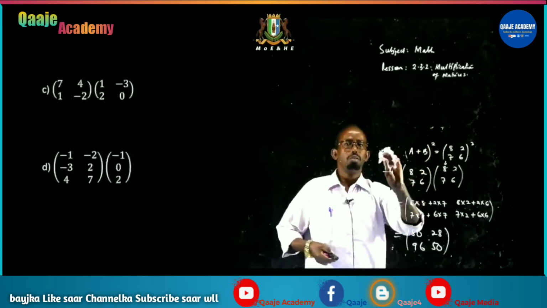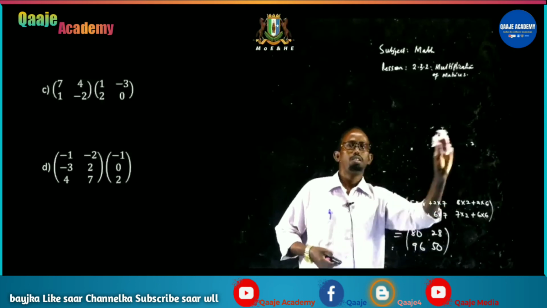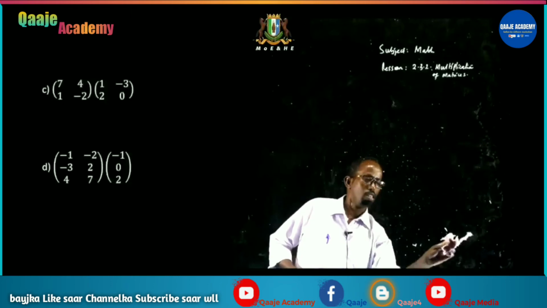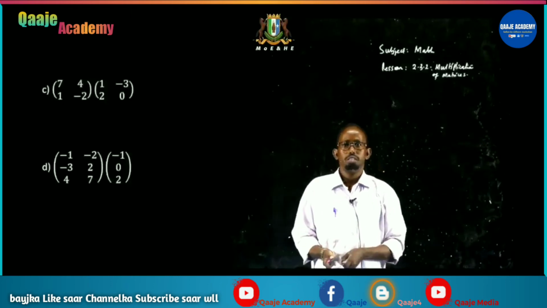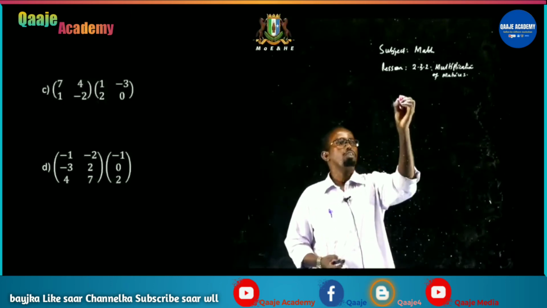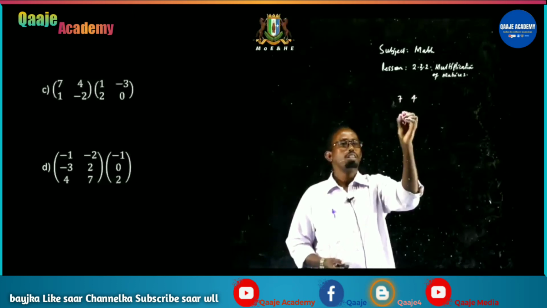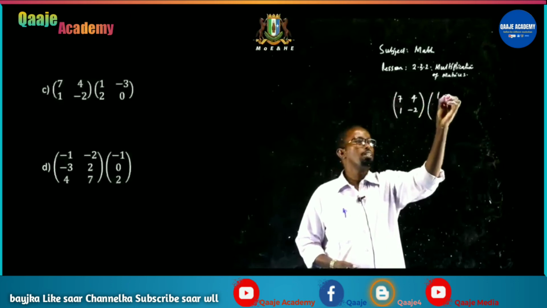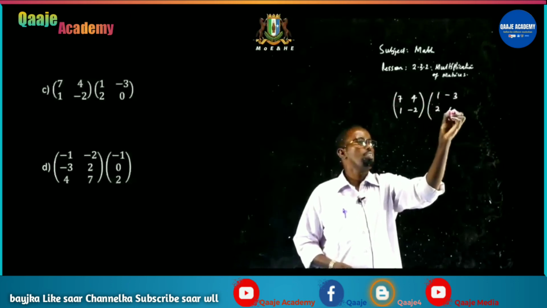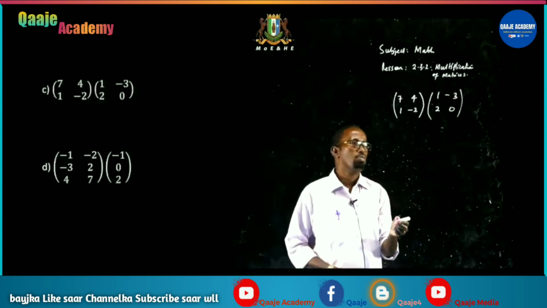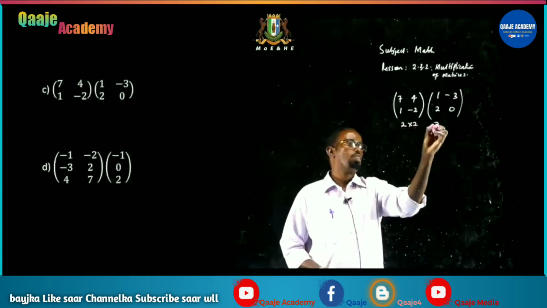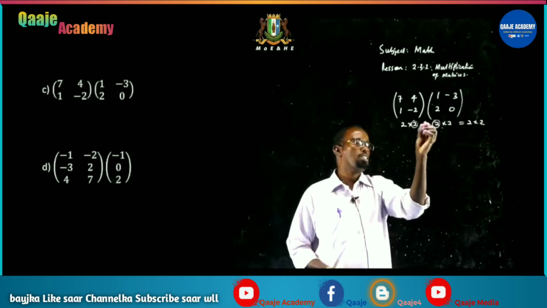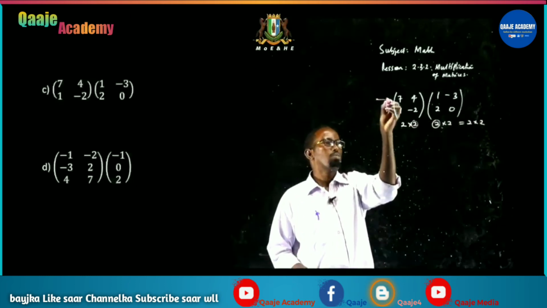The next example, C. You're told to multiply 7 4, 1 minus 2, and then 1 minus 3, 2, 0. 2 rows, 2 columns, 2 by 2, 2 by 2. The final answer will also be 2 by 2 because the column of the first is the same as the row of the second. So we multiply 7 times 1